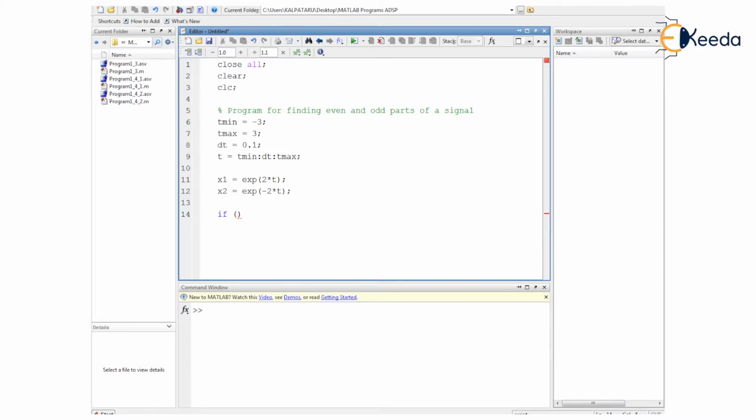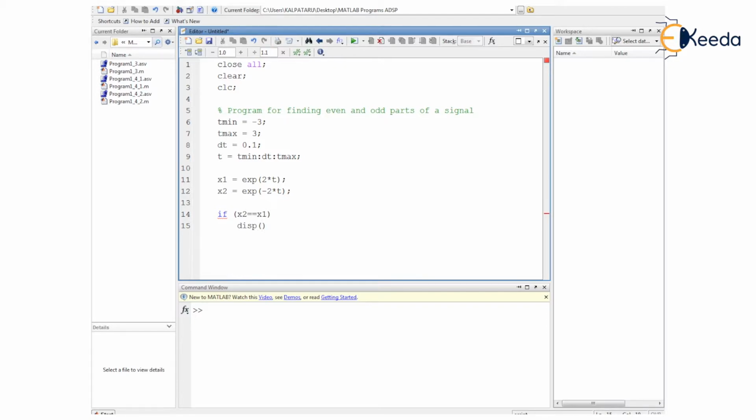If we compare the two, let us have the logic developed as x2 is equal to x1. If this condition is true, what should this particular program be doing here? We expect it to display a certain message onto the command prompt here.